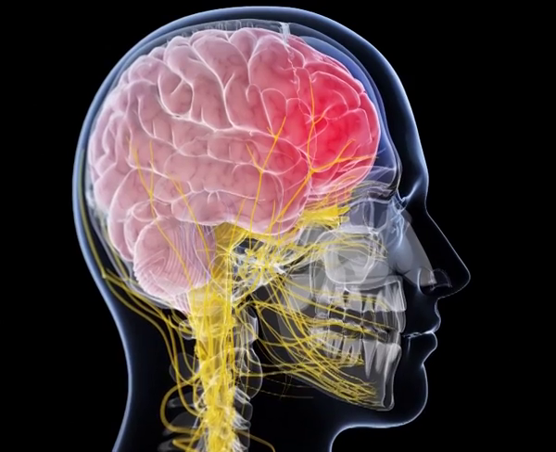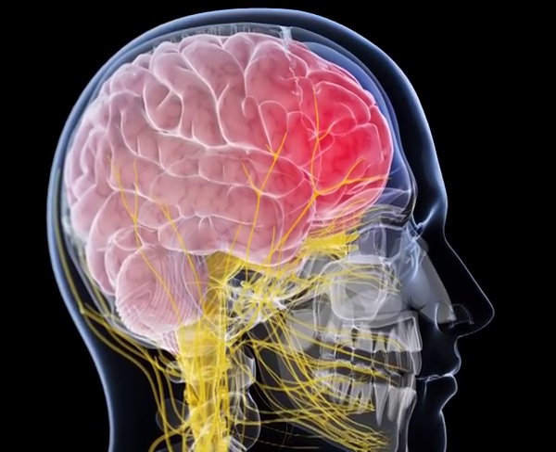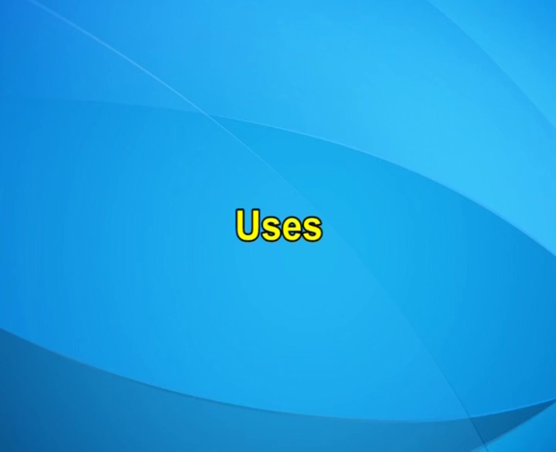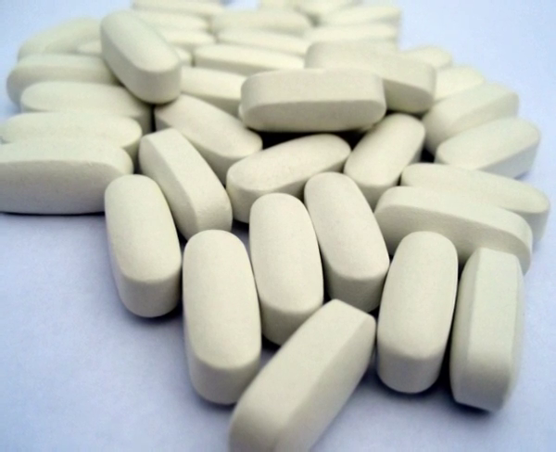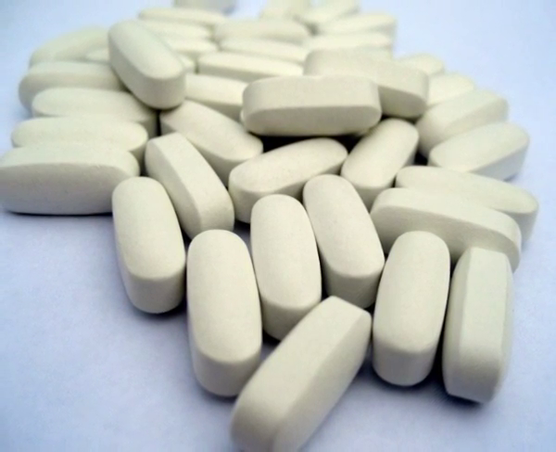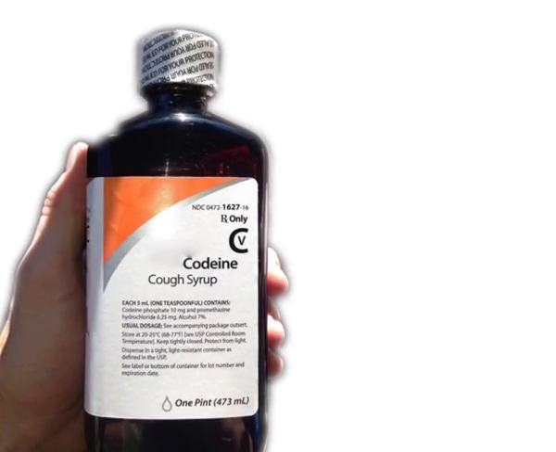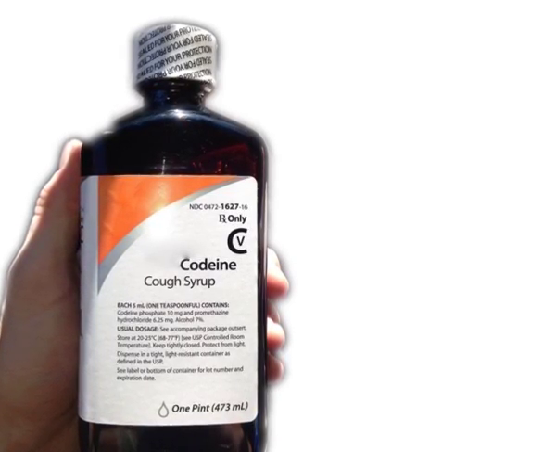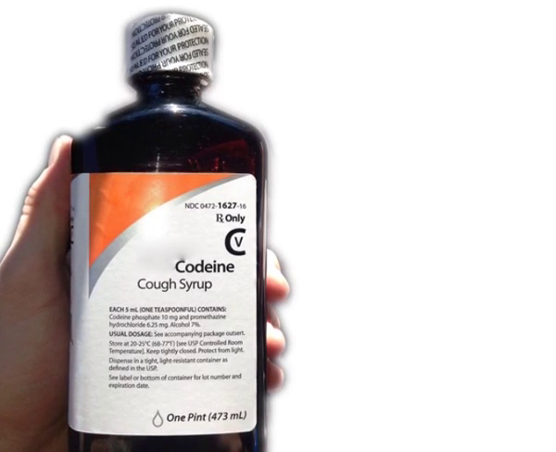Mechanism of action. Codeine acts by the inhibition of CNS medulla-mediated cough reflex. Uses. Codeine has been used for pain relief and suppression of cough. Codeine has a reputation as an antitussive, depressing the cough reflex, and is used in many cough preparations. It is one of the most widely used morphine-like analgesics and less addicting than morphine.